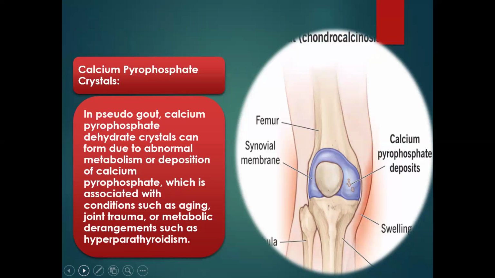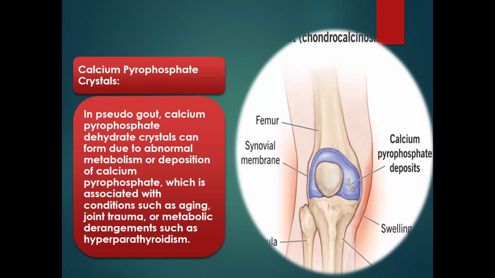Now, we have talked about gout arthritis. Remember, we are dealing with two sets of crystal-induced arthritis, the gout arthritis and pseudo-gout arthritis. Now, this one is known as pseudo-gout arthritis, and it is caused by calcium pyrophosphate crystals, whereas the other one is by monosodium urate crystals. So in pseudo-gout arthritis, calcium pyrophosphate dihydrate crystals can form due to abnormal metabolism or deposition